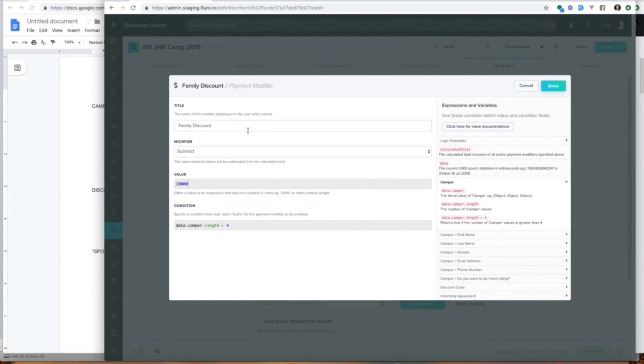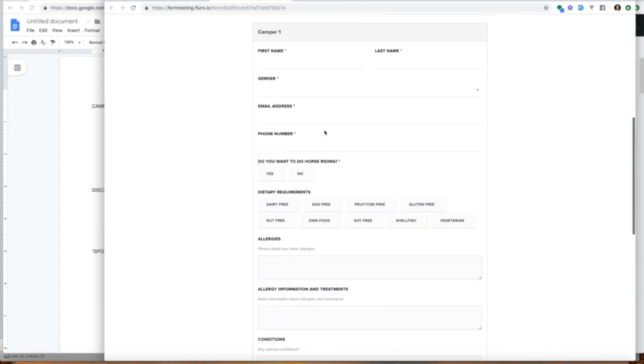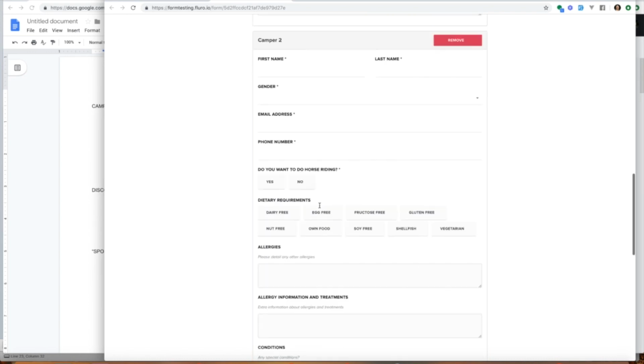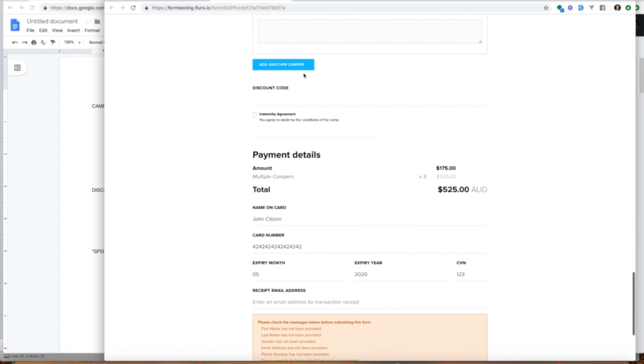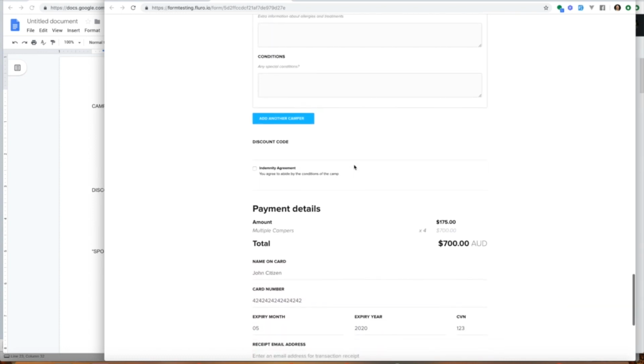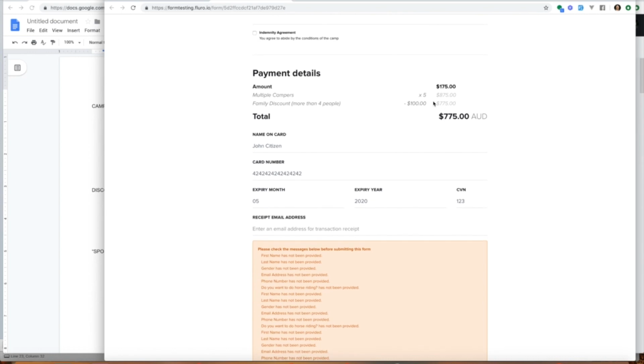And if we test the form again, we'll just jump out over here, and we'll see that we've got the camper, we add another camper, we get multiple campers, and that price starts going up. And then we add another one, and we've got 4, and if we add another one, it'll now take $100 off. So we've got the multiple campers times 5, with a family discount of more than 4 people, taking 100, and so on and so forth. So you can do some really complex stuff in here if you need to. I've seen some really crazy ones, but